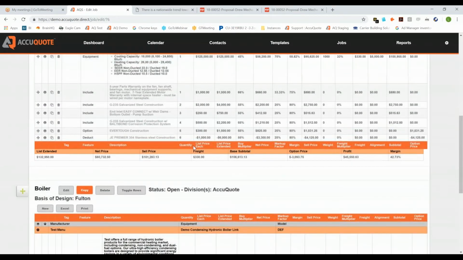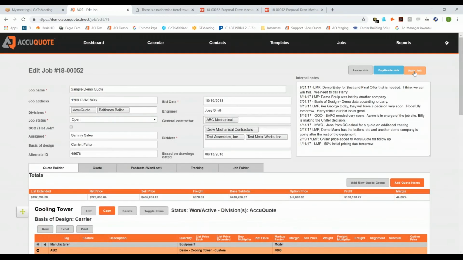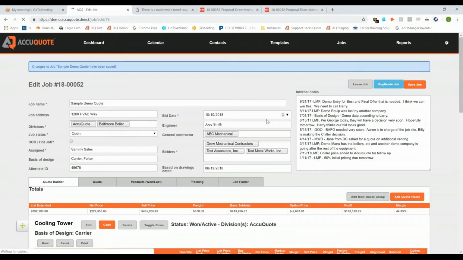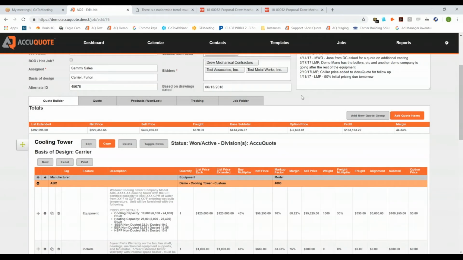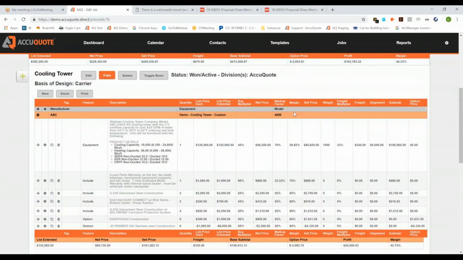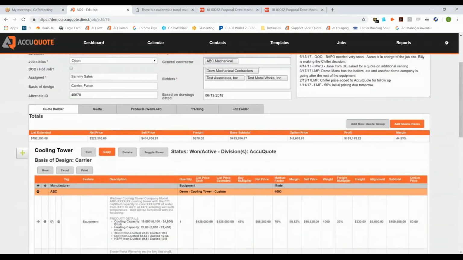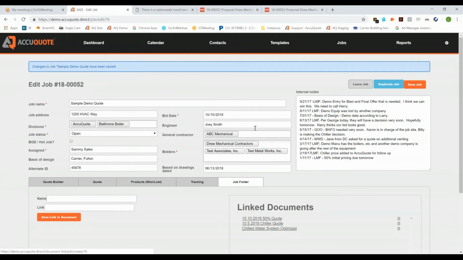Now here's something really cool I want to show you. So I'm going to save the job, and then I'm going to go back to my job folder. So in that template that I created, I'm going to show you that in just a minute, I added a couple of pieces of literature that are very important for this piece of equipment, right? So if I go to my job folder now,